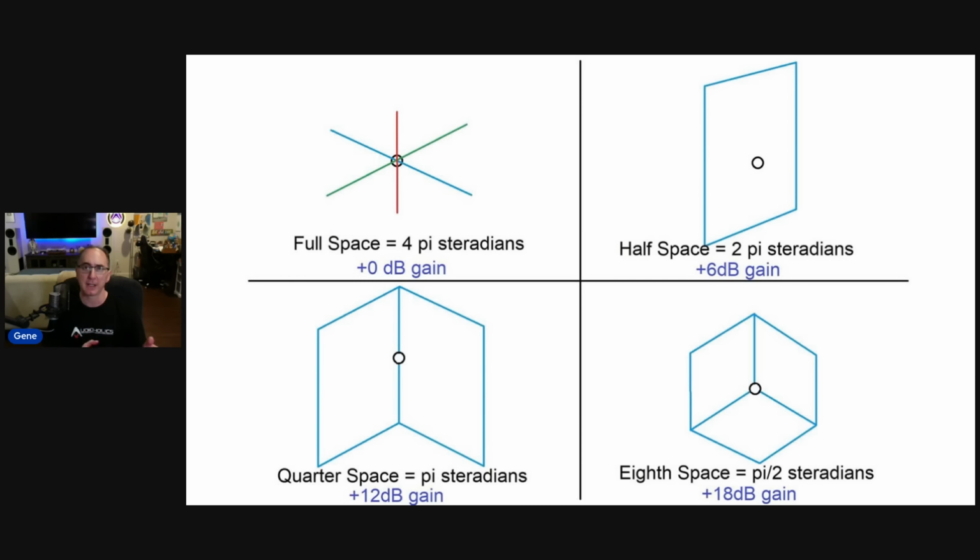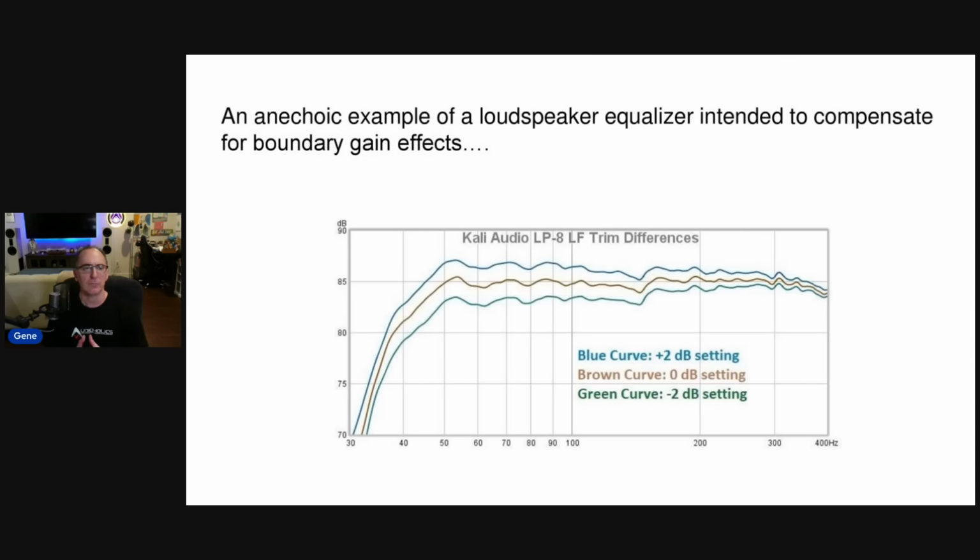Is it in free space? Is it ground plane? Is it eighth space? So anytime you put a speaker close to a surface, you're going to get some more boundary gain as a result. So an anechoic example of a loudspeaker equalized intended to compensate for boundary gains: we have this Cali Audio that James Larson reviewed and measured, and you could see that they have different settings on the loudspeaker depending on where you're placing the speaker, usually the desktop speakers. You could adjust it with the EQ to compensate for those surfaces to give you a flatter, more linearized response